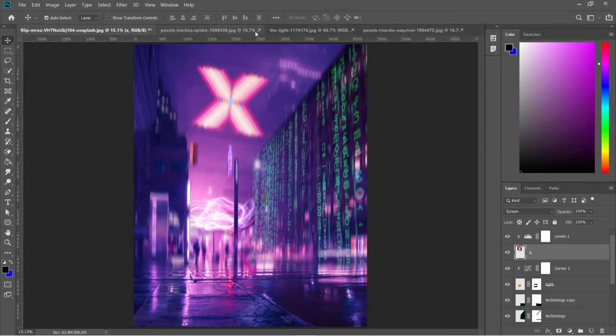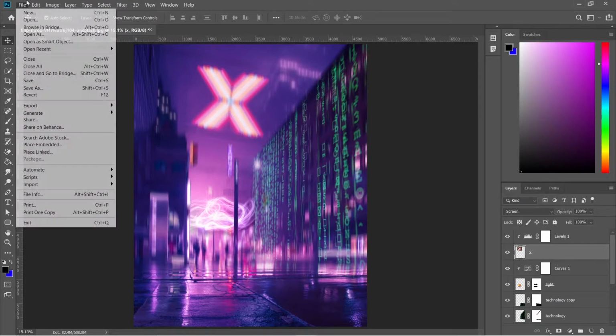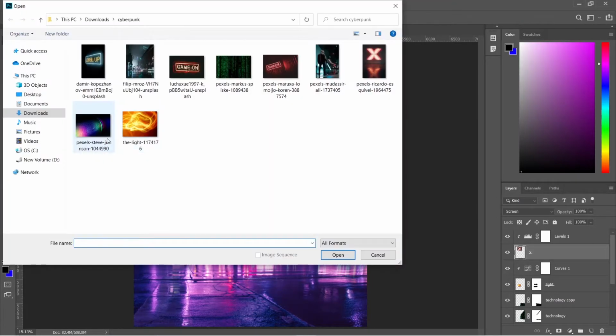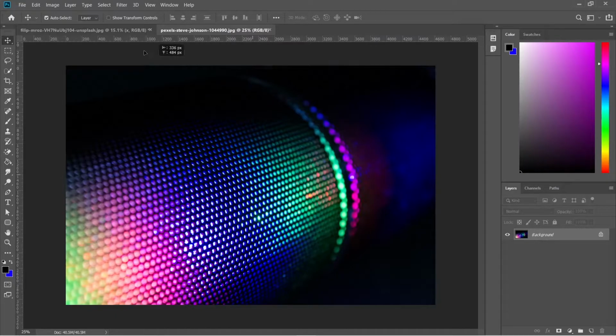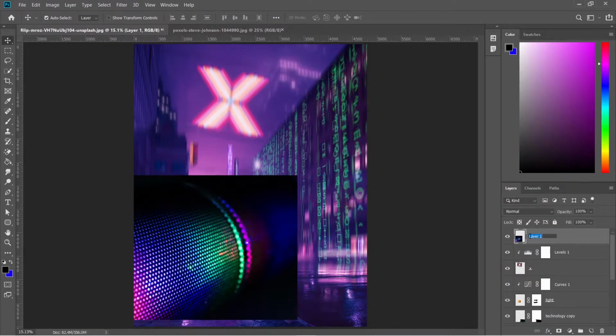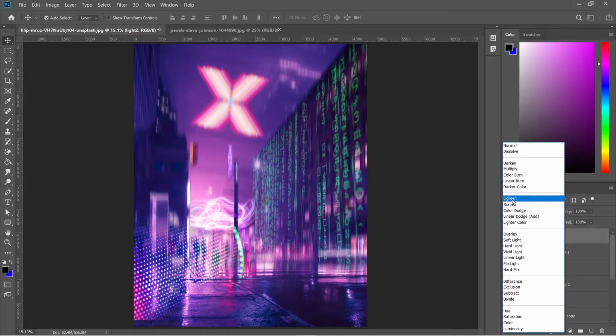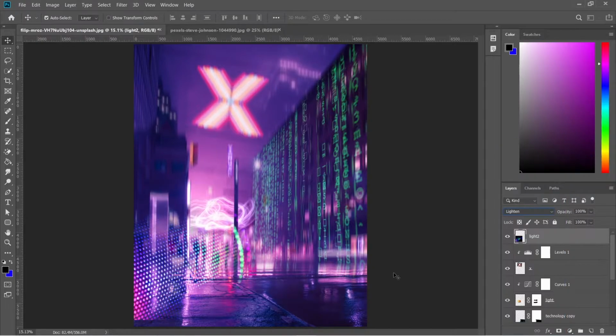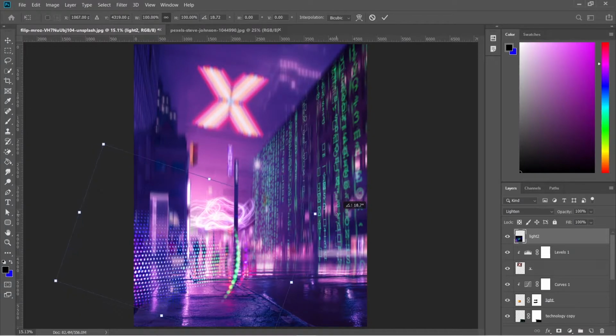Now let's place some other lights. So let's drag this in a file. Change the blend mode to lighten. Press Ctrl plus T to rotate and adjust it.